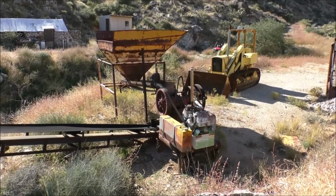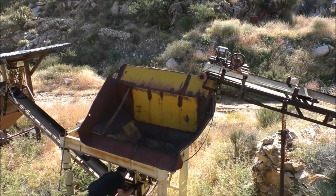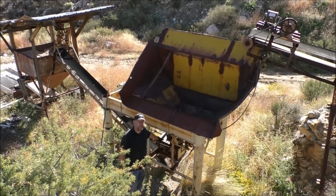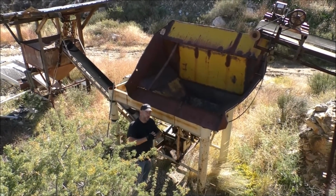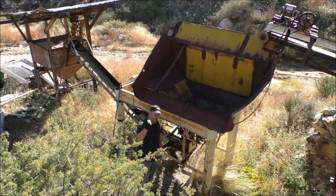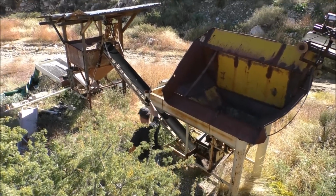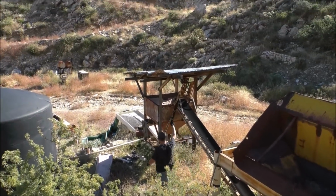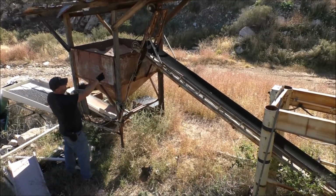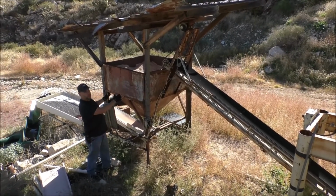Okay, so the ore goes from this jaw crusher, goes up this conveyor, and it feeds on another hopper. And what's going on down there? He's got a secondary jaw crusher down here that's going to make it into even smaller. So the goal here is to try to get the material down to like really super fine, almost a baby powder. So it's coming in here, another crusher, up the conveyor belt, and then down through this hopper here. So what's going to happen is that material is going to come up, go into this hopper, and the reason that you do it this way is because you want to control your,